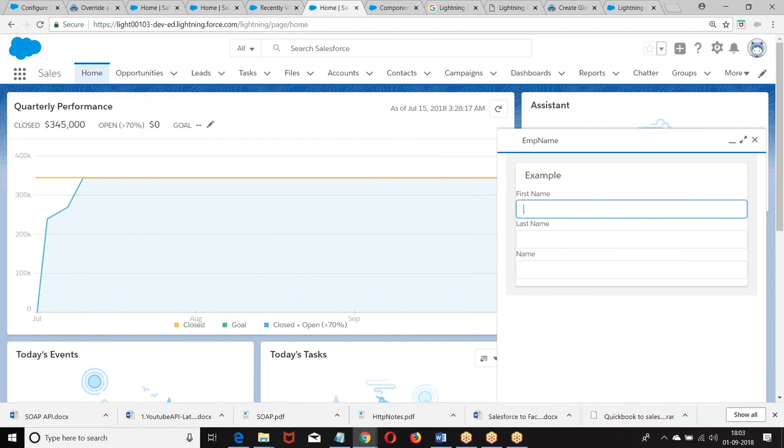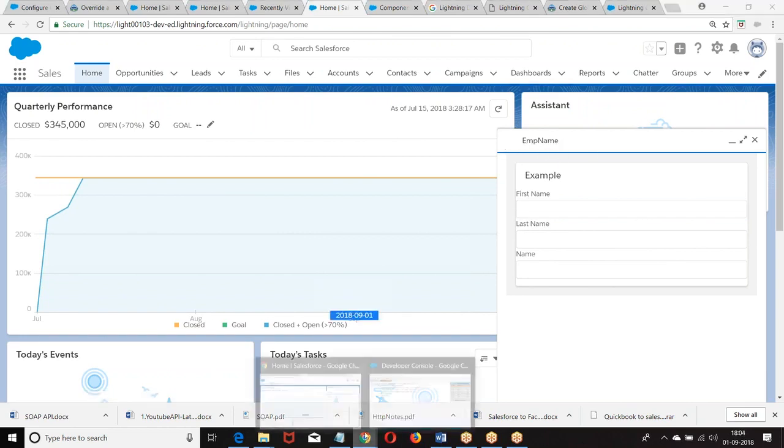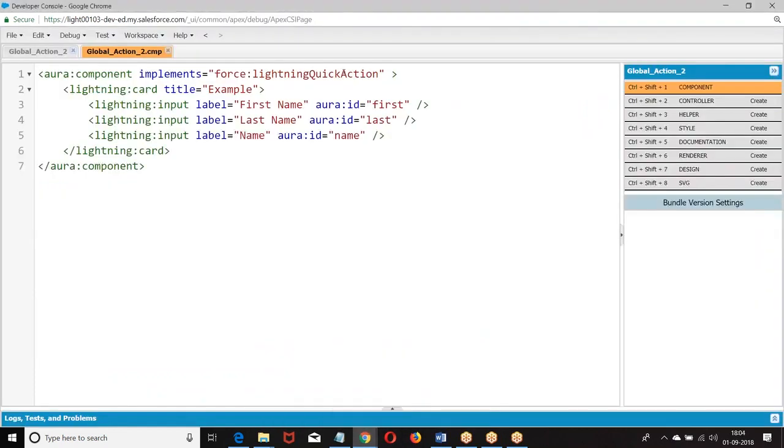Okay. Now if you look at this, we have a header with the title. Now we also have lightning quick action without header. Now we had one more component, lightning quick action without header.